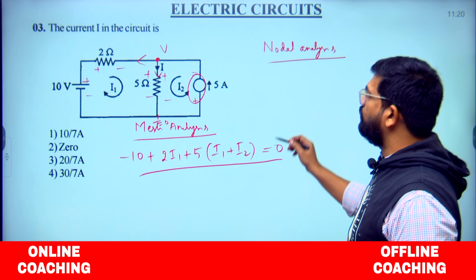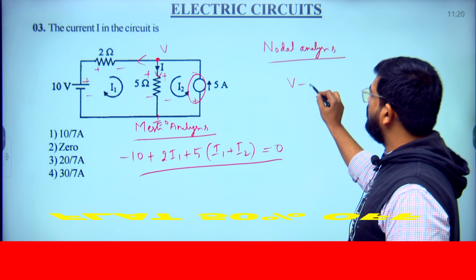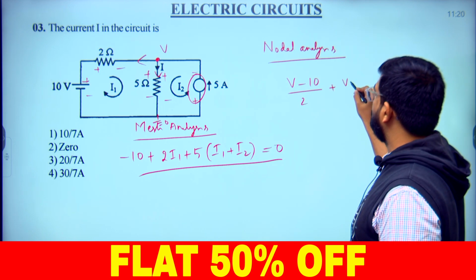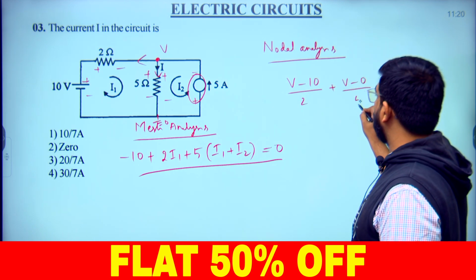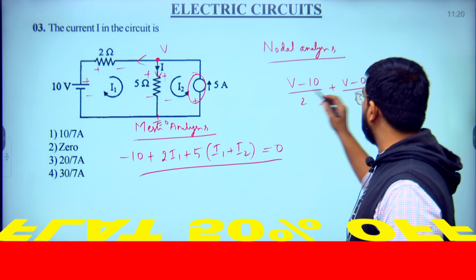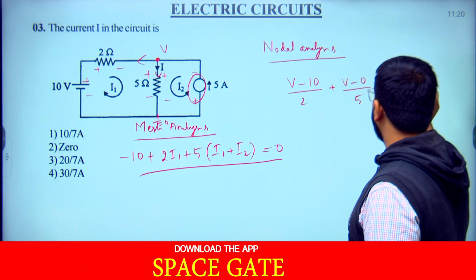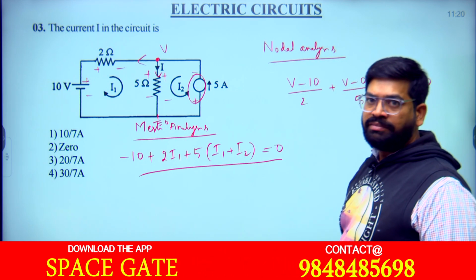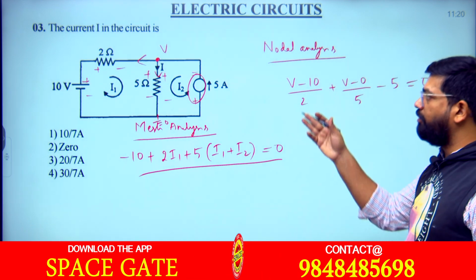If you follow with that, what we get: (V minus 10) by its resistance 2. Next, (V minus 0) by its resistance 5, and this one is an incoming current, so minus 5 we will take. This is the equation. When you are able to find that node voltage, automatically you can find the current through that